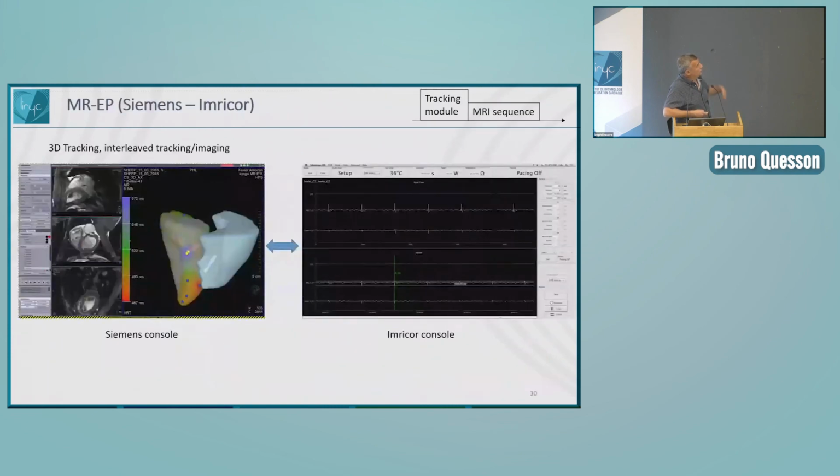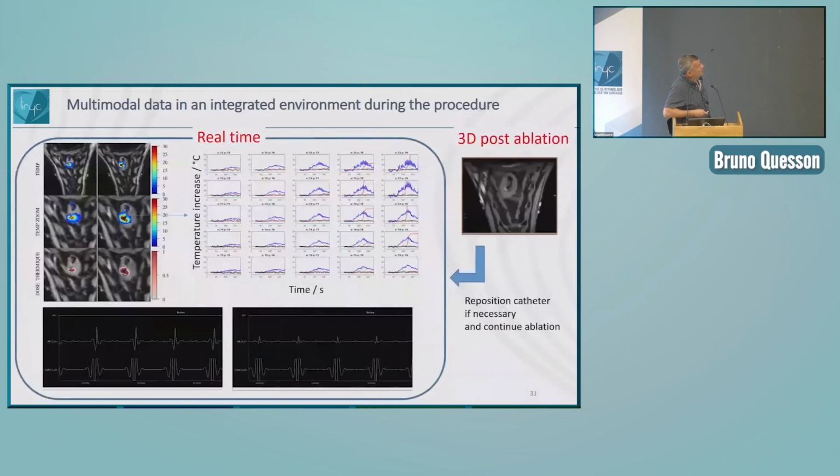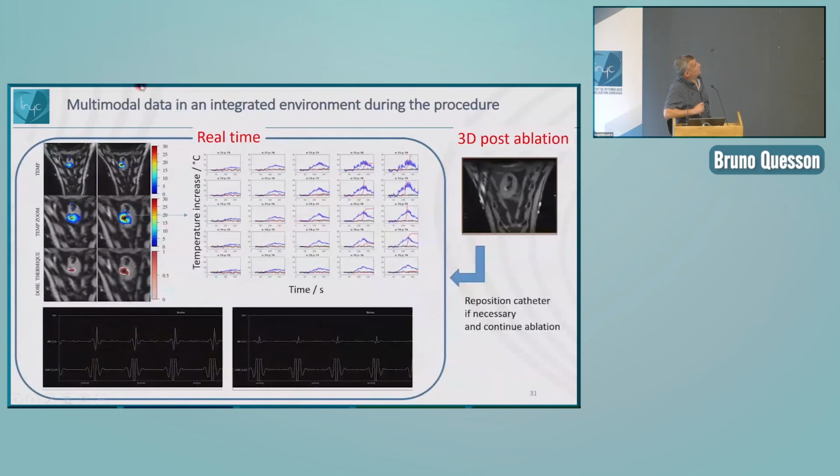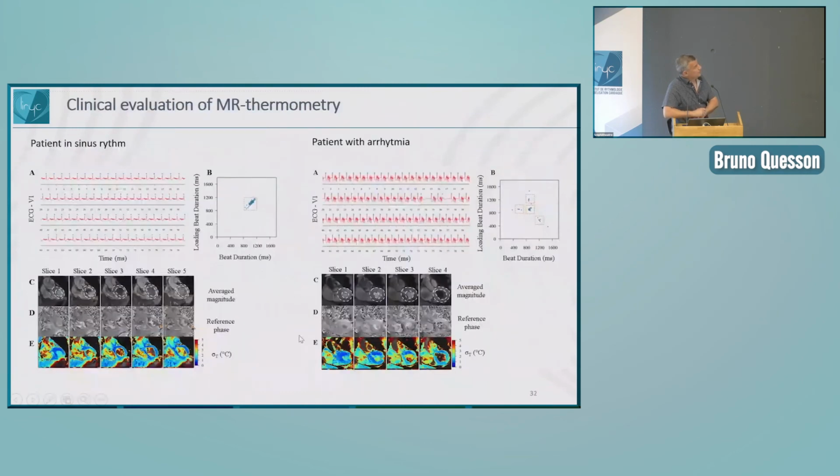Of course, you can do something much more sophisticated if you have catheters that allow you to have, for example, microcoils on top of that, and you can track the motion. And if you do that, you're able to see the temperature change, the thermal dose again, and look at the same time at the electrophysiology signals that are modified during the ablation. Valérie implemented that onto the scanner and tested several patients, because of course then you might have the influence of